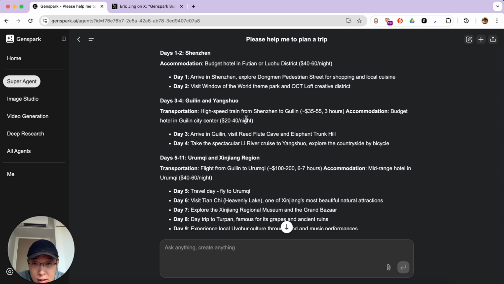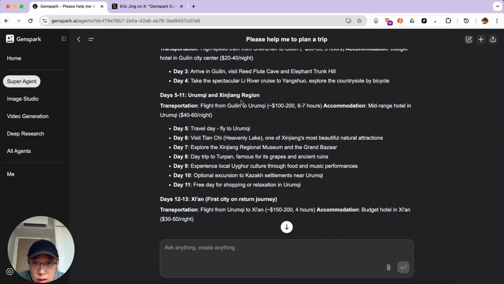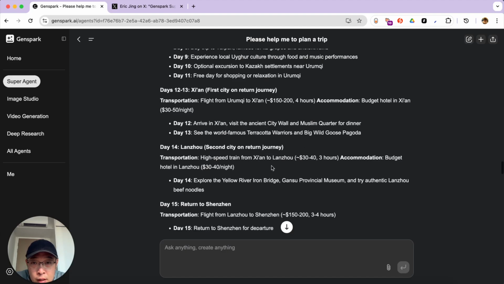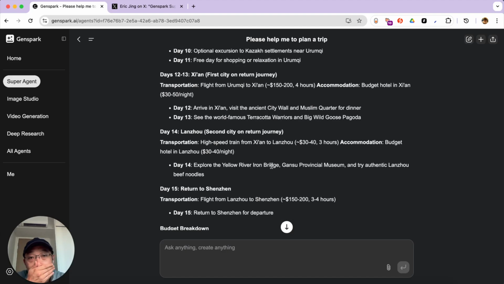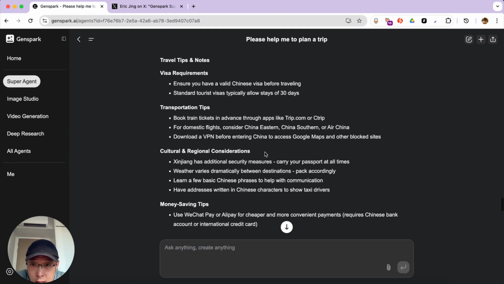Oh, this is cheap. Urumqi, Xinjiang region, flight from Guilin to Urumqi, 6 to 7 hours. World famous terracotta warriors and Big Wild Goose Pagoda. Okay, looks nice. So it's actually pretty good.